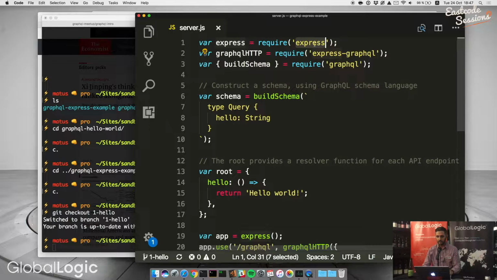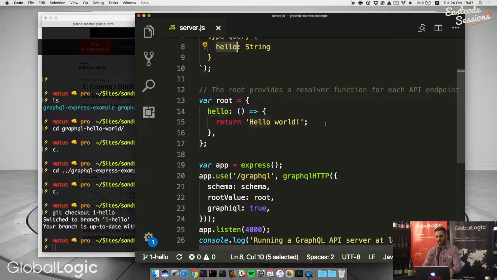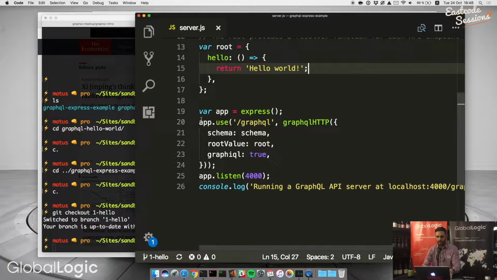We have Express here, and we have something that connects Express and GraphQL together. And this is the same GraphQL package that we had before. We define the same schema, so our GraphQL server at this point is going to be very simple. You can only ask for hello, and you can see that it will still just return hello from a string basically here. But this is the interesting part where we actually can run a server that will listen on the port 4000, and using this